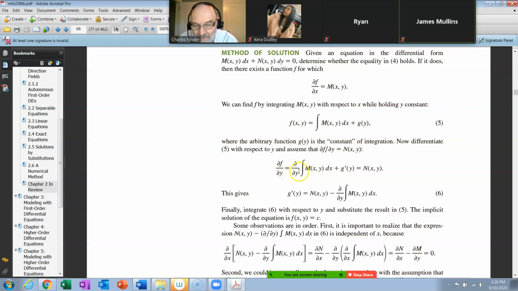So you take whatever this came out being, they're just representing it by that integral. You take the partial of that with respect to y, add that to g prime, and set that equal to N(x,y). Okay, and then solve and figure out what that g prime is. And you do that by subtracting this part from that part. Okay, now